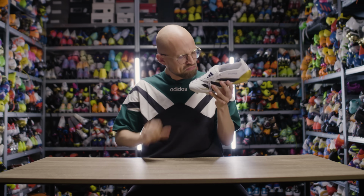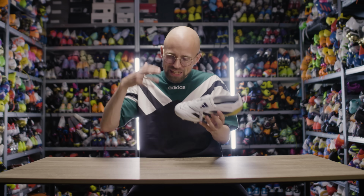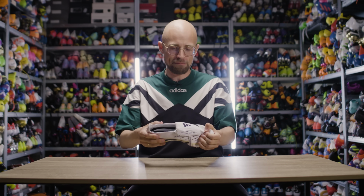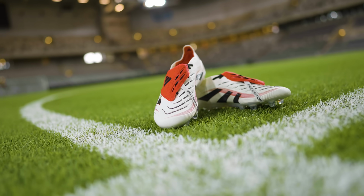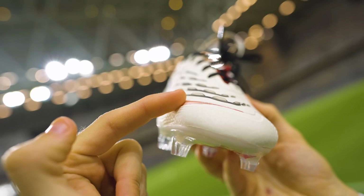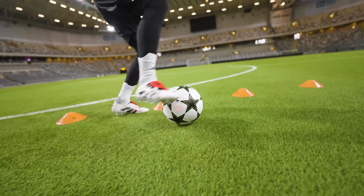Rubber. Rubber on a football boot. Strikeskin SL rubber that gives you an unfair advantage that is 100% legal, 0% fair. Now, of course, you all know what the Predator Elite is all about. But the thing is that what you get here are these little rubber elements that go in and apply a little bit more spin and thus swerve on the ball, and maybe also provide a slightly more solid sensation as